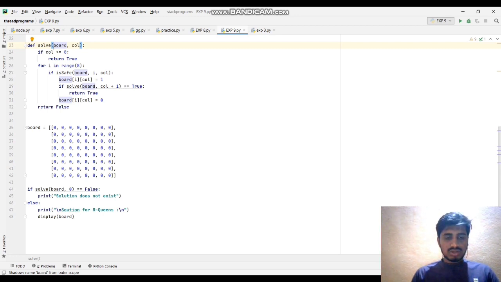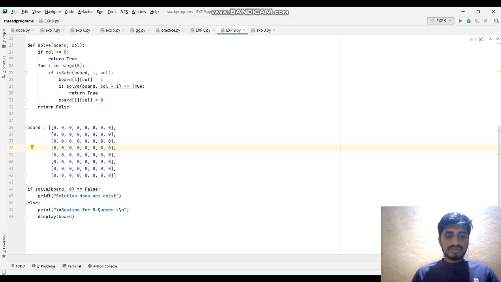For i in range of 8, if is_safe, which is a boolean function, then set board of i comma column equal to 1. If solve of board comma column plus 1 returns true, return true, and if it is false, return false. And we initialized the board matrix, in that we initialized 8 by 8.